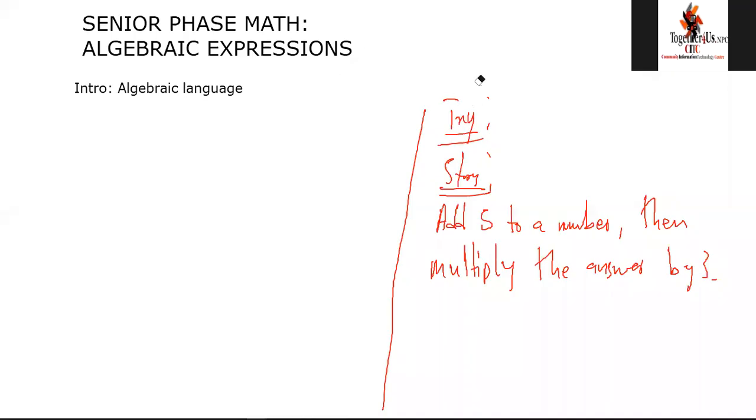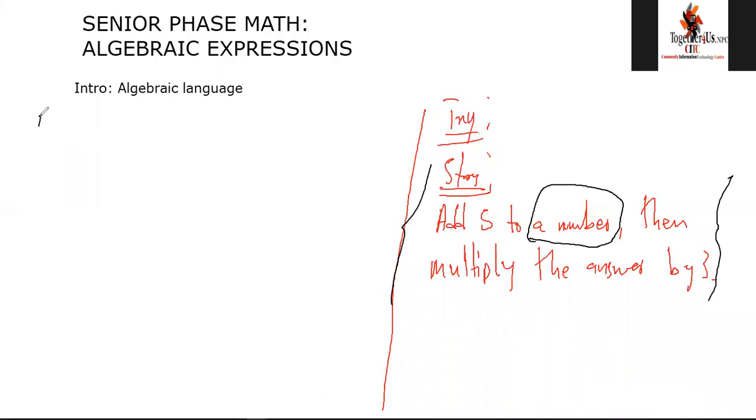We are continuing with what we had in the previous video. And so this is the story that I had given you. I hope you tried really to do this on your own. Okay, so let's go for this and see what we are going to have here. Add 5 to a number. Now remember, once you have add 5 to a number, you are not given what this number is. So what you can actually do, I hope you noticed from the previous video, is that we use variables or